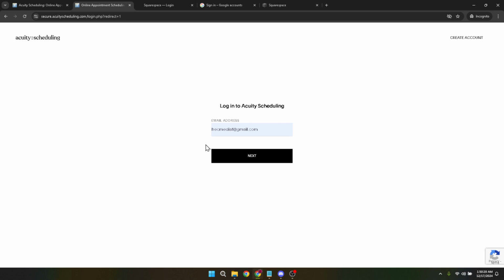Next up, click on Next to proceed. You might be thinking, what's next after hitting Next? Well, if you've set up your Acuity account to work with Google for an easier sign-in process, you'll be presented with the option to continue with Google. This is a nifty feature for those who prefer a seamless integration with their Google accounts, making logging in faster